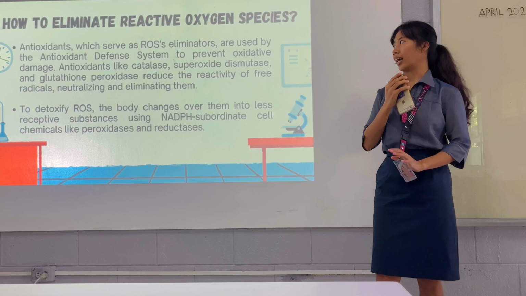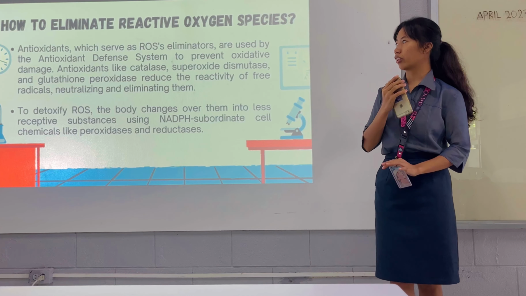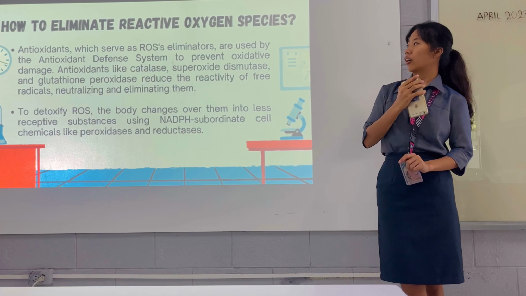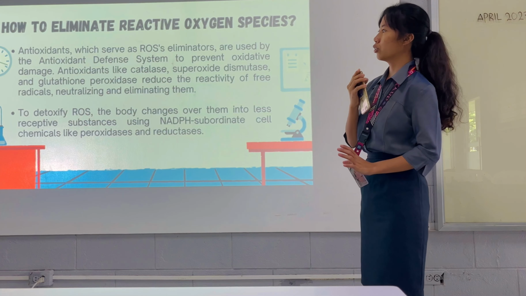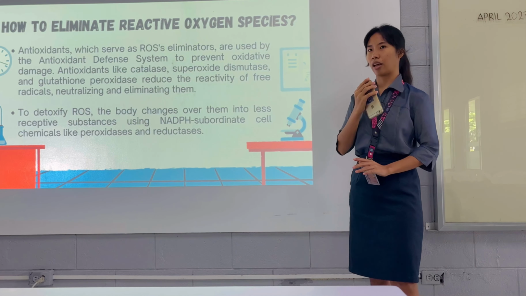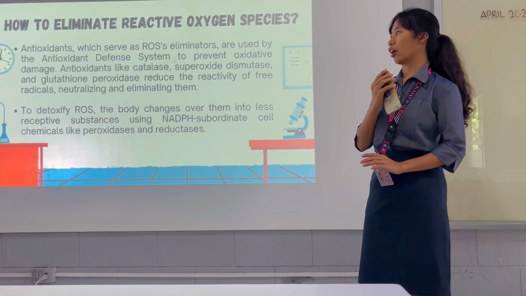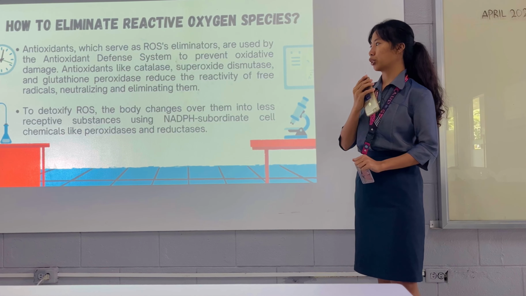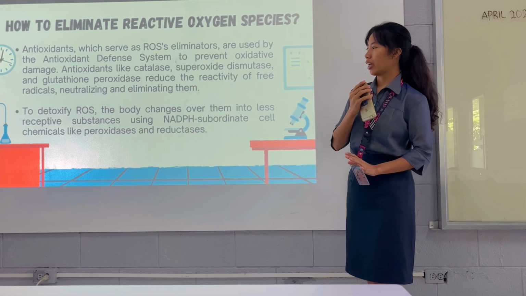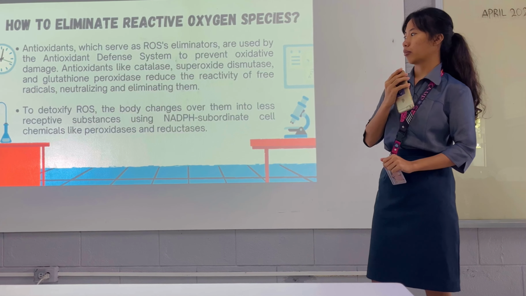Antioxidants like catalase, superoxide dismutase, and glutathione peroxidase reduce the activity of free radicals, neutralizing and eliminating them. To detoxify ROS, our body changes them into less reactive substances using NADPH, a cellular chemical, like peroxidase and